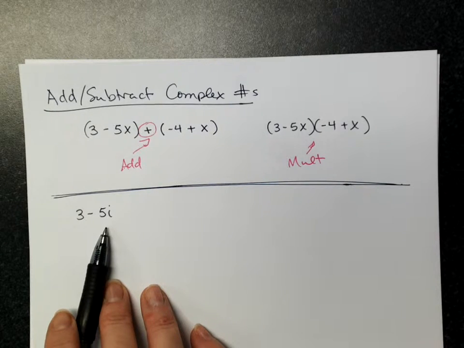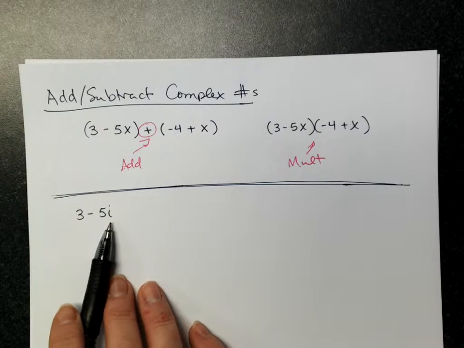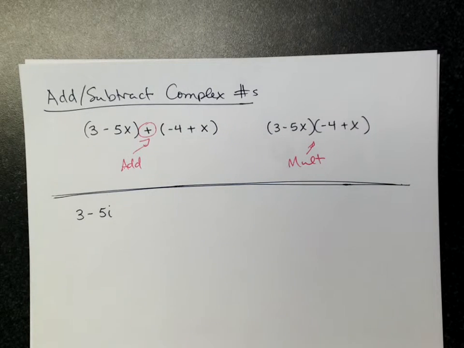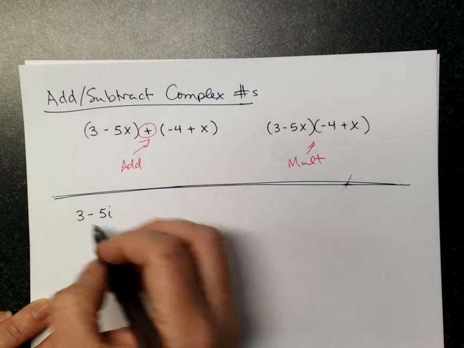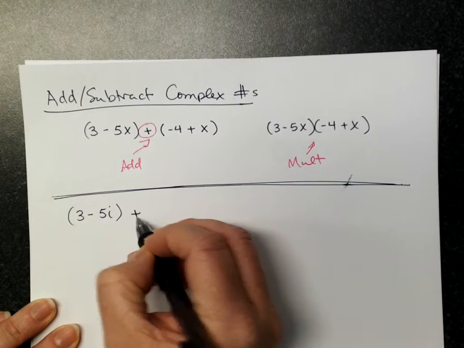We're going to be able to do the same multiplication, special products, adding and subtracting as if it were a binomial. Meaning when we're adding and subtracting, we can combine like terms. We treat i like an x and just combine the coefficients when we add and subtract. And when we multiply, we're going to FOIL and do binomial squared and conjugates just like before. So even though it's not a binomial, because it's not technically a polynomial, we're going to treat it like one. So let's do 3 minus 5i is a complex number, plus